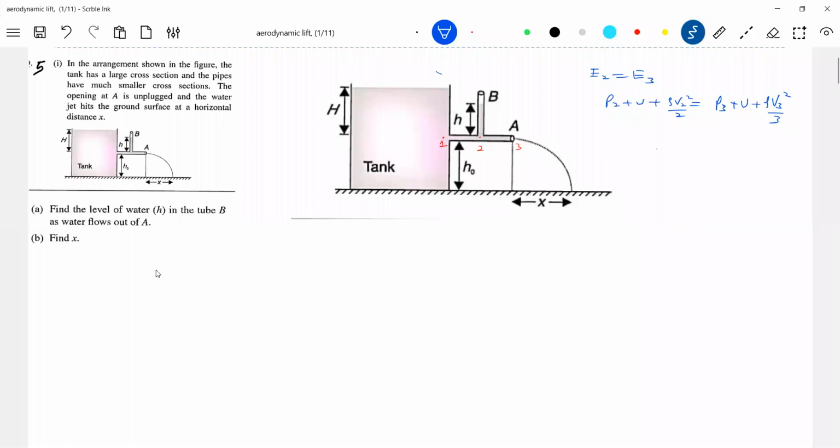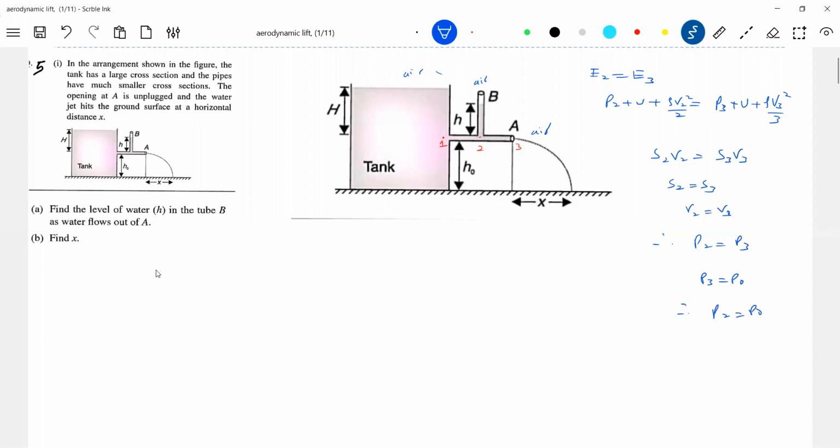From equation of continuity, area of cross section S2 V2 should be equal to S3 V3. Will I agree this? And S2 is equal to S3. The diagram itself says, so therefore V2 equal to V3. If V2 equal to V3, so P2 must be equal to P3. So what is P3? P naught. So what should be the P2? Should be equal to P naught. Why P3? P3 is exposed to air, no? These are some troublesome questions will be there. So therefore, P2 must be equal to P naught.